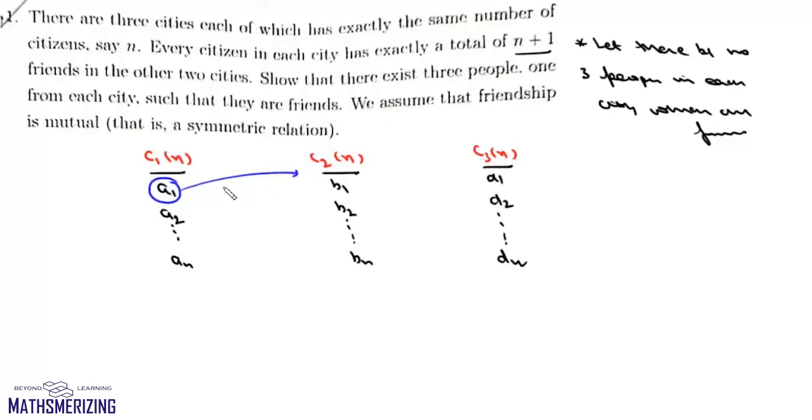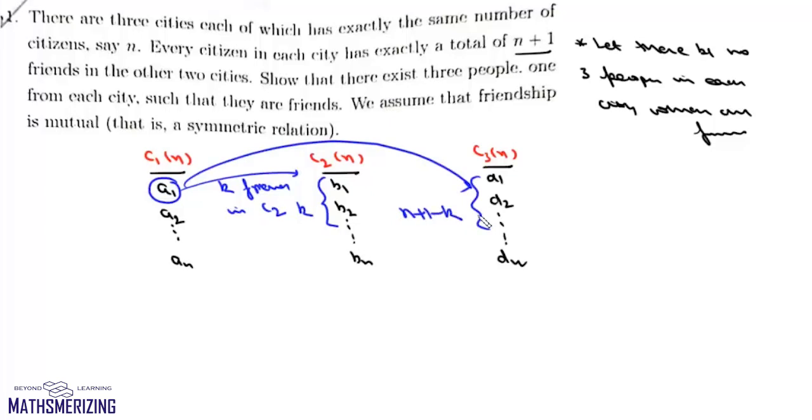So A1 has K friends in city 2. That means for any other person, the number of friends in any one city will be K or greater than K. So if A1 has K friends here, A1 will have n plus 1 minus K friends in C3. Now among these K friends of A1 in city 2, let us choose any one friend, say B1. And since K is the smallest number, B1 will also have at least K friends